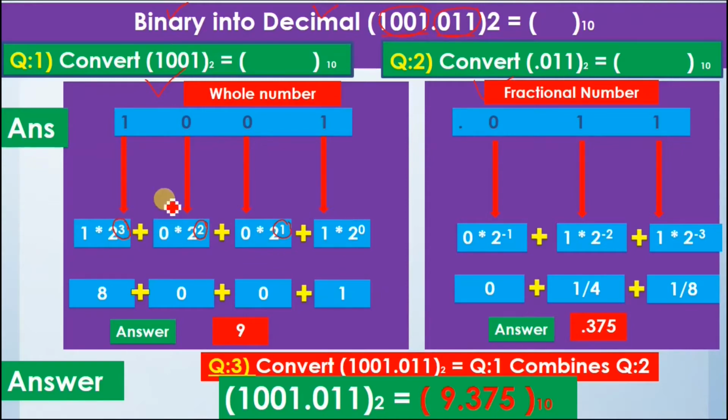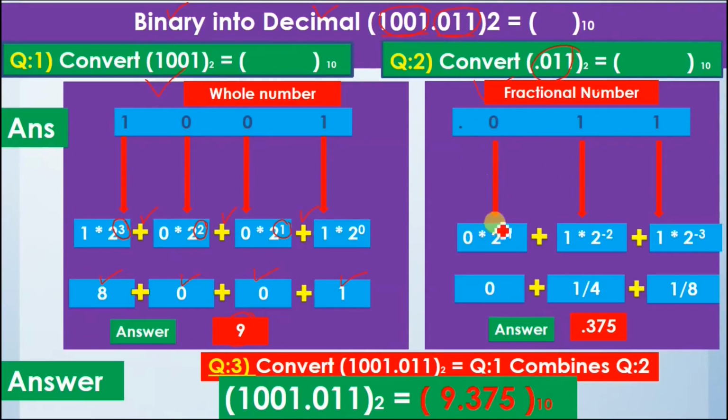Okay. And then we will add them all together with each other. So now this becomes 8 and then 0, 0 and then 1. And when we add it, it becomes 9. Okay. So the answer of the whole number is calculated. Now next we will calculate the answer of this fractional number, that is 0.011. So we write it here